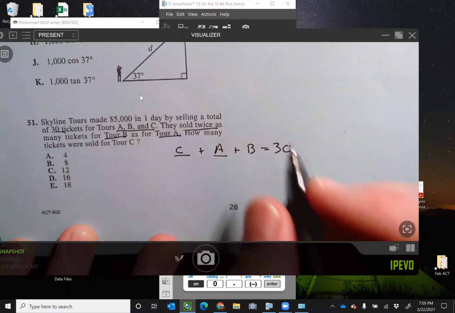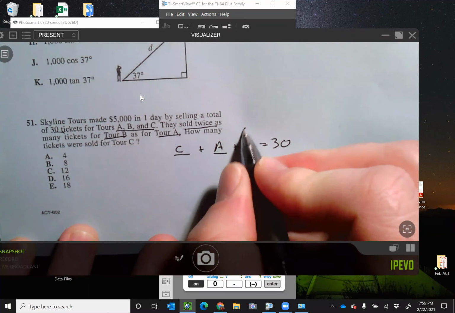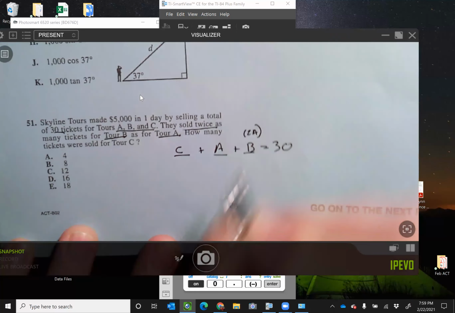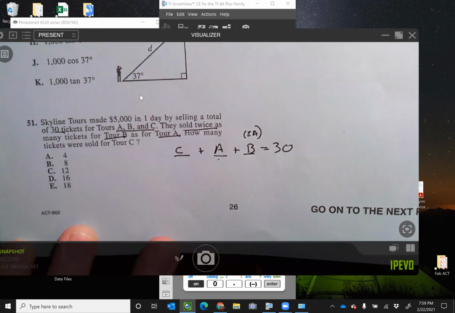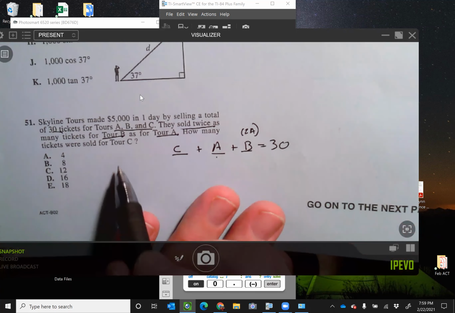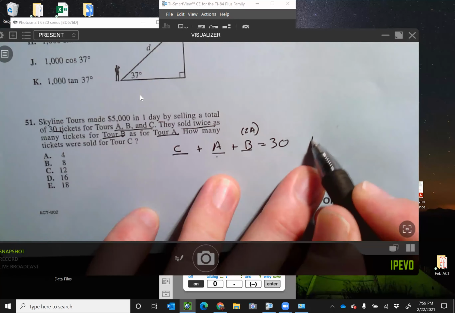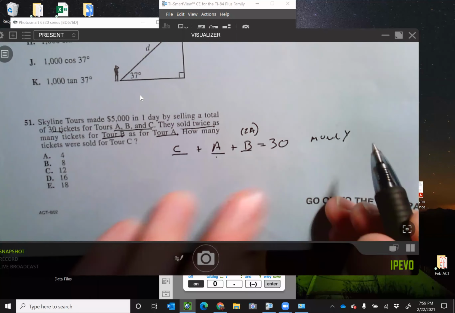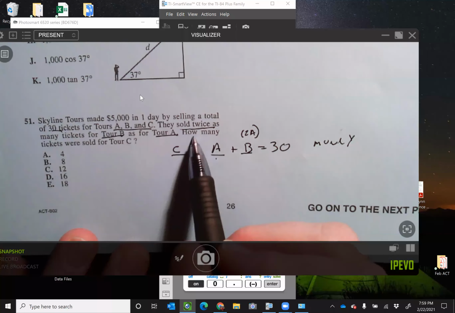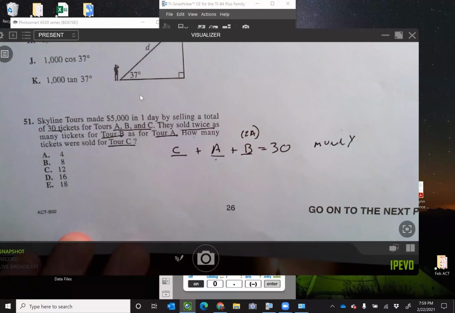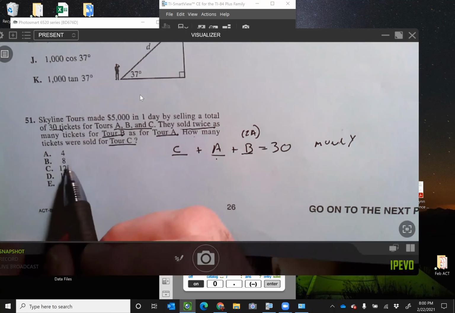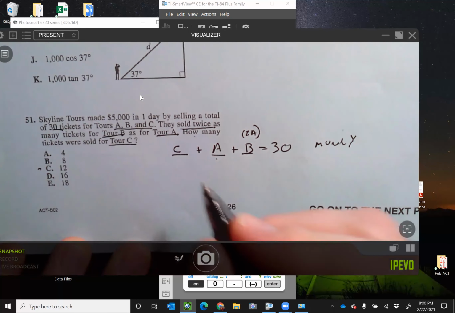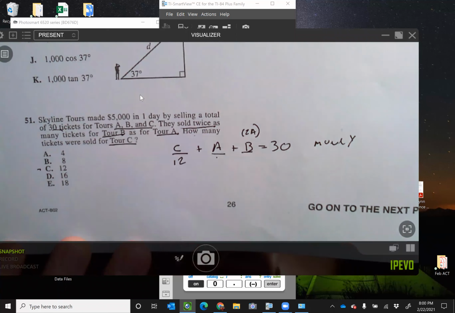So B is really going to be 2 times whatever A is. So let's say A is a 5, well, then B would have to be 10. Now, we also want to keep track of money as well. All right. So the question says, how many tickets were sold for tour C? Well, I'm just going to go ahead and guess 12. If we did 12 for C,